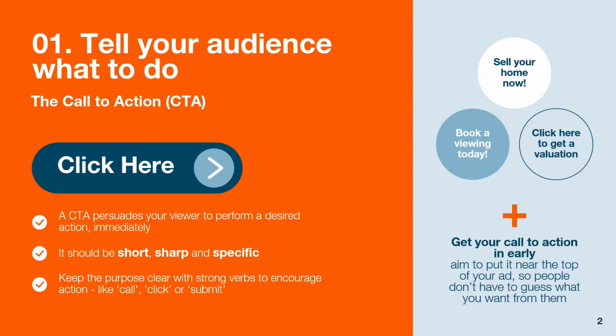Cool. So our first tip is pretty simple, right? And this is something that I think is so obvious, yet not done, right? All you got to do is just tell your audience what to do. We call it the call to action. So when you have an ad and you're putting out an ad, or even typing out an email, we found with a lot of data that as long as you just tell people what to do, click here to buy, click here to inquire, click here to get a valuation, those are calls to action,